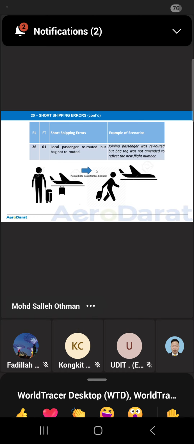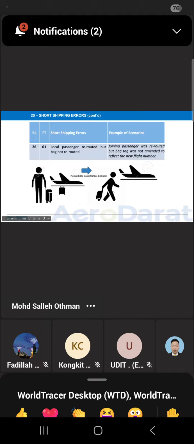This one happen on joining KL to Singapore. Passenger decide first they want the 8 o'clock flight. Okay? But you see, they got a 7:30 flight. I want to change to the 7:30 flight. Okay, still have the time more than 1 hour. The flight still open, then we change it. But you have to transfer passenger baggage.